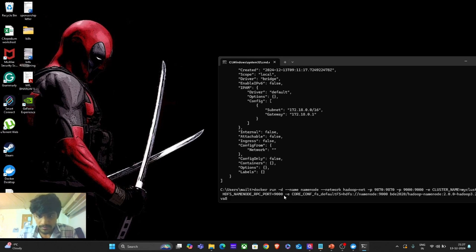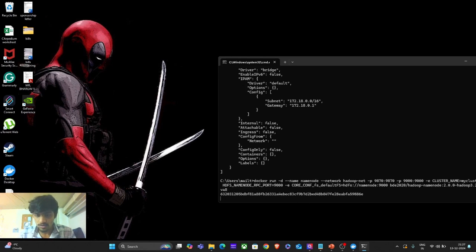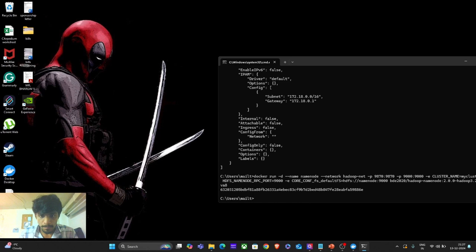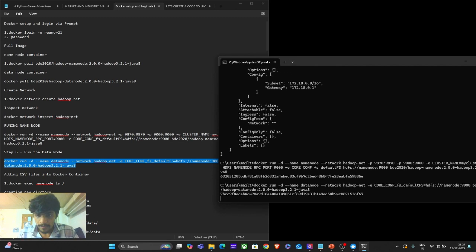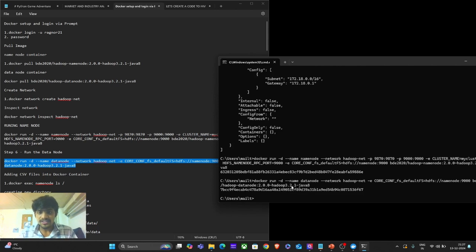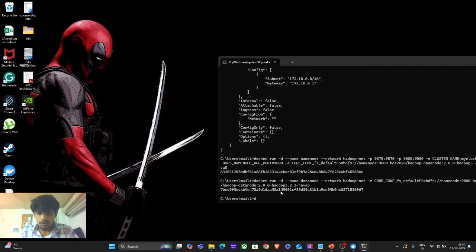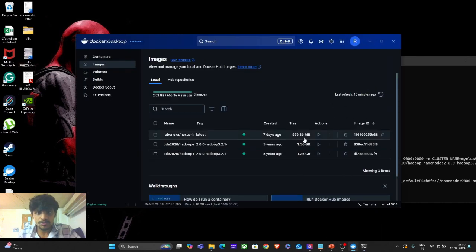Copy this. Yeah. Here the Docker run, then it's a name node where we are giving the port as 9870 to 9870. Usually we used to have this 9000, but we need to give the 9870. So let's see. And we got the ID. And now let's give the data node prompt. So now we are adding the data node prompt. So finally our name nodes and data nodes were run successfully. So now we have run the name nodes and data nodes, and now let's go into the Docker, where